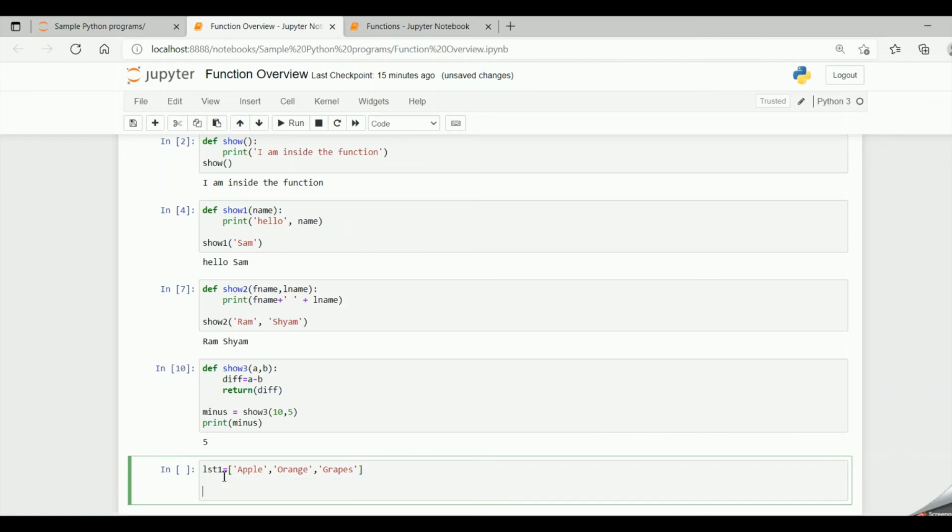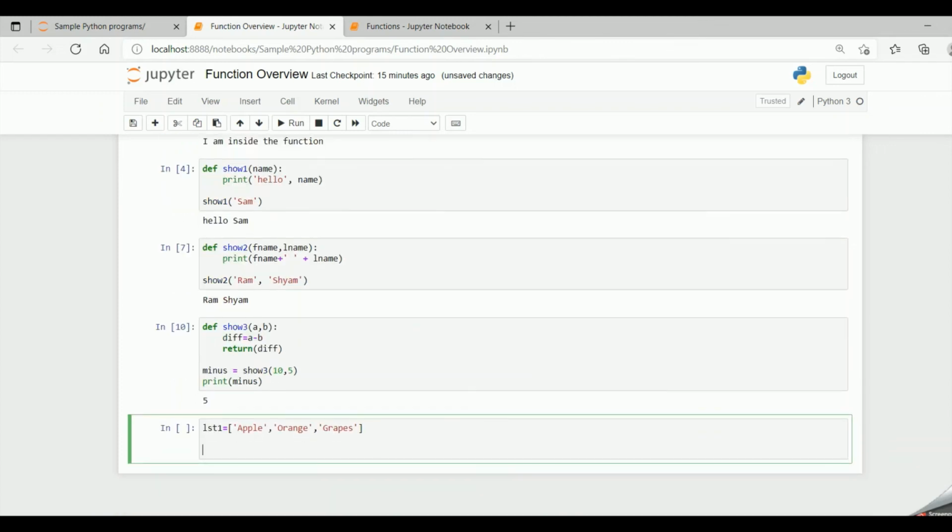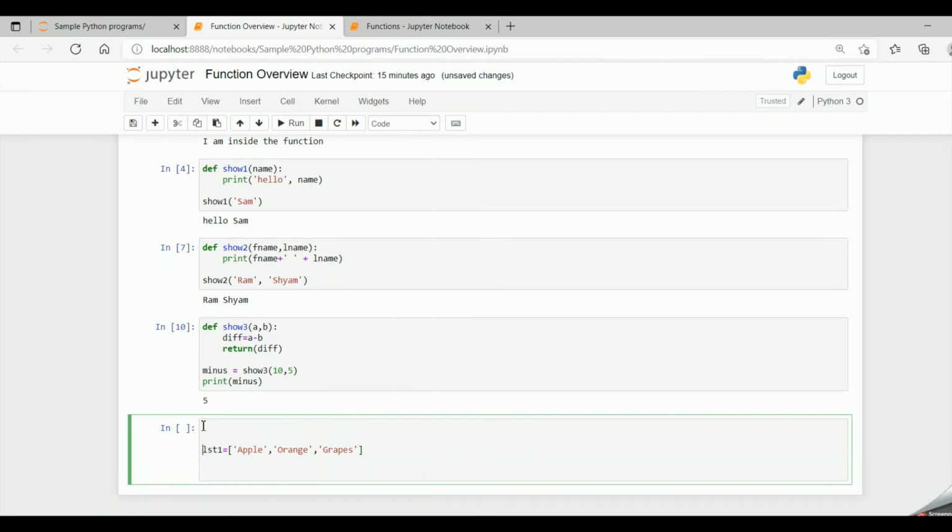This is my list, and now I'll pass my list as a parameter to the function definition.